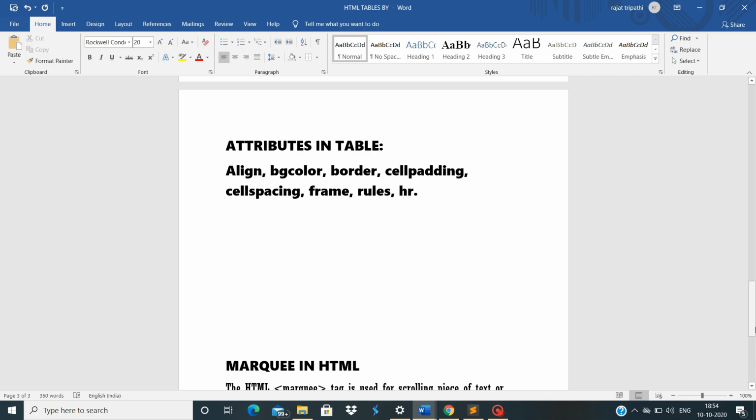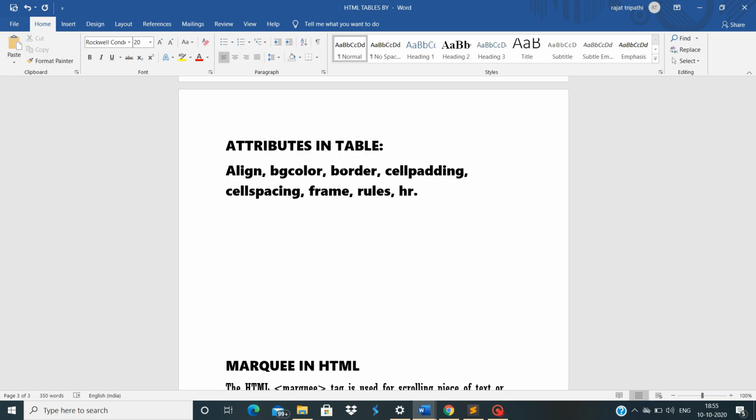Attributes and table. These attributes are generally the things which make our documents look better, because aligning something, giving it a center alignment makes it look attractive. Giving it a background color, border, cell padding and cell spacing. These are something which you need to know.